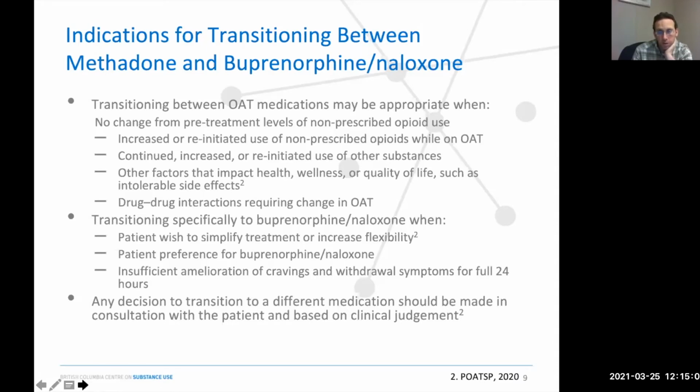And so the final point: any transition should really be done as a team effort, right? I always talk to patients about how your treatment with OAT is really a team effort. You know yourself better, you're an expert in yourself. I have experience treating hundreds of patients with this medication, so I know the medications quite well, and I know the trajectory of this illness fairly well, but I don't know you as well as you do. So really thinking of it as a team is really important that I try and tell people about. Next slide, please.